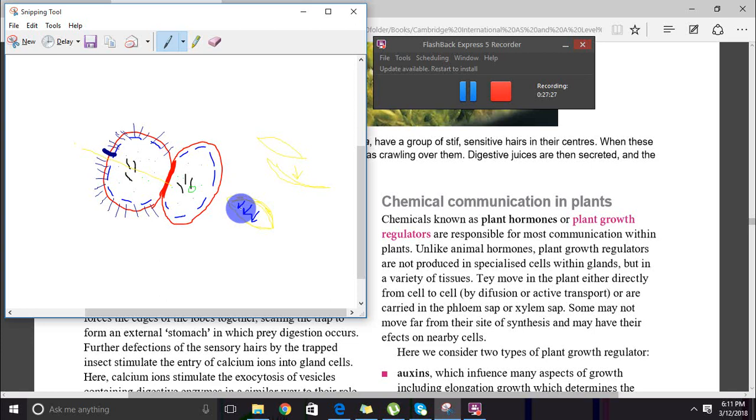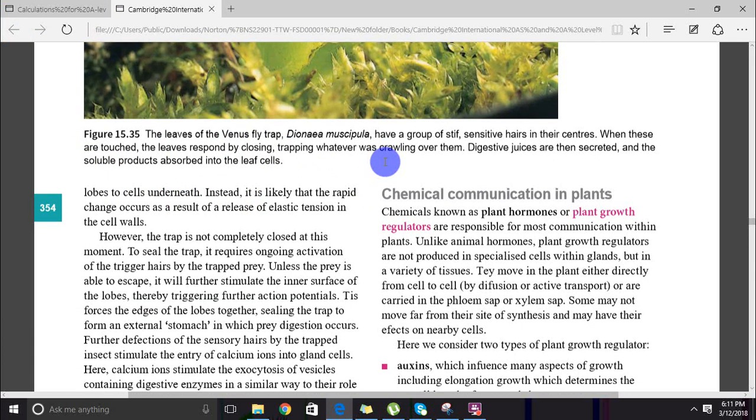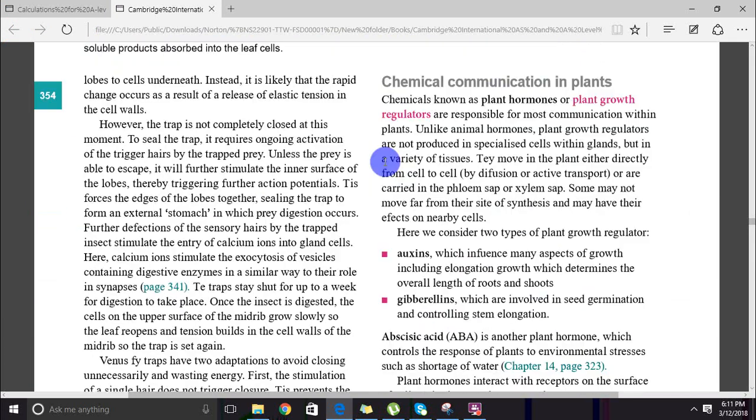So what they theorized was that it was likely that the cells at the top, their cell walls were in a state of elastic tension, right? So they were really tense, like when you pull on a rope, it's really tense. But when you let go of the elastic tension, it sort of coils back into its original shape. So when the elastic tension was released, the cells didn't bulge up anymore. However, after the initial interlocking,